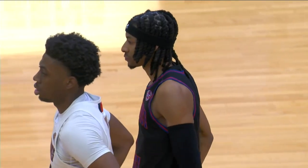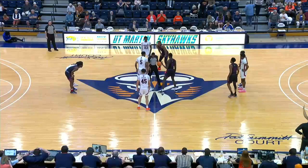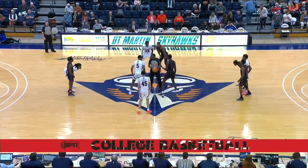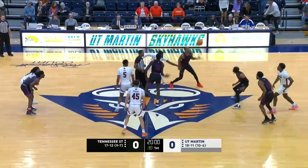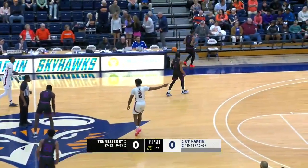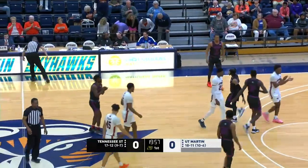Boards and 5 assists in that game too. There's like 7 or 8 players in this contest I am fired up to watch go head-to-head. We're ready for the opening tip. Chris Nix against Adong McCoy, and the tip goes out of bounds and will go to the Skyhawks of UT